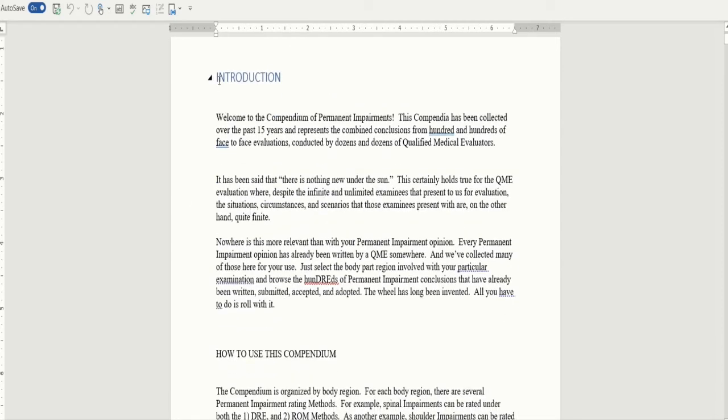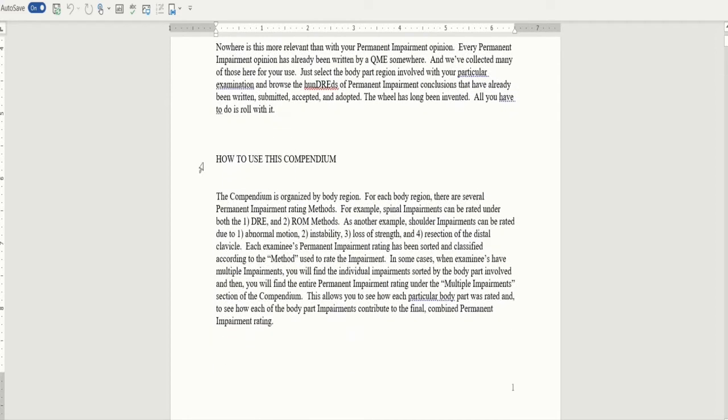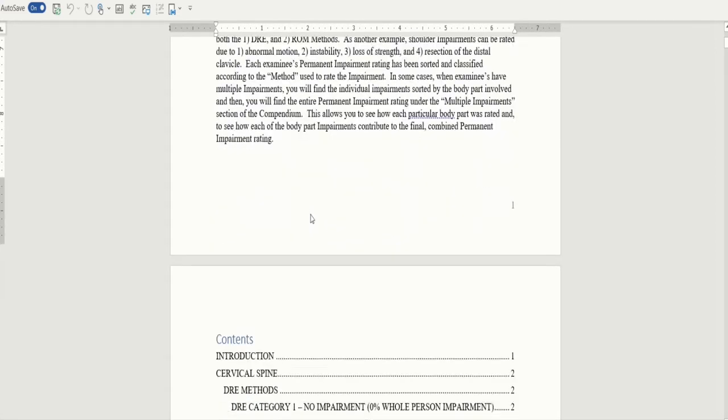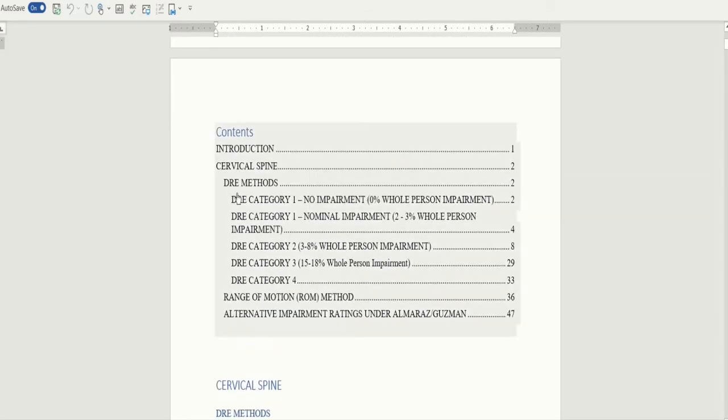So it has a brief introduction, it has some instructions as to how to use the compendium, and it has a table of contents here where the permanent impairments are arranged and sequenced by the DRE method, the range of motion method, and alternative ratings under Alvarez and Guzman.